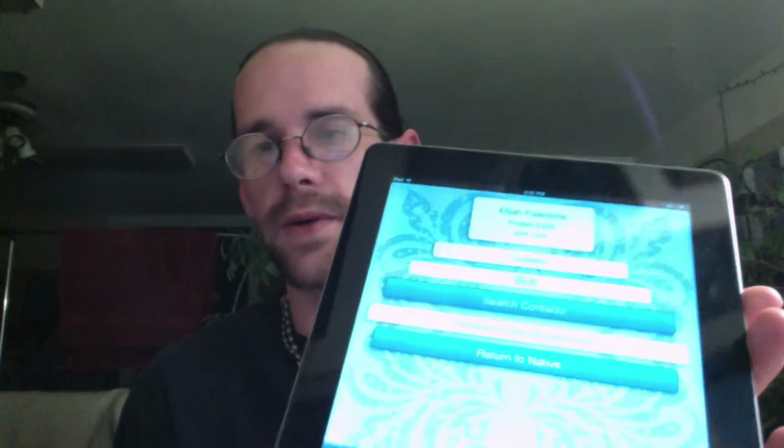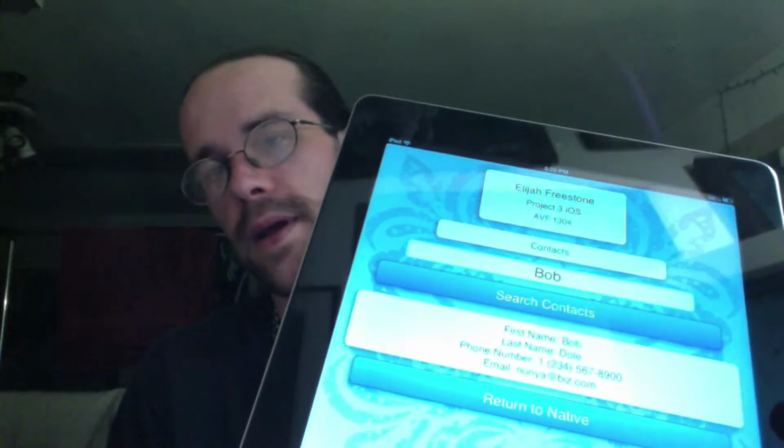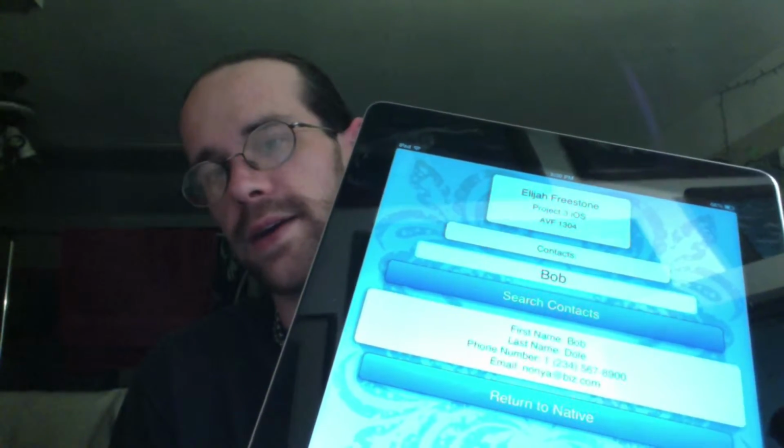This one also gave me some issues when it came to grabbing the phone number or the email address, because I was expecting it to be just a string like the way the name is set up, but it's actually a string array. So I was looking at it the wrong way. But once I got that figured out, I was able to grab it right there. I didn't have any contacts in my iPad, so I had to make up a couple. The first one being Bob Dole. But yeah, once I was able to get the phone numbers and the email addresses, that part went great,